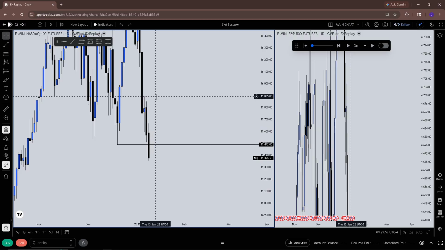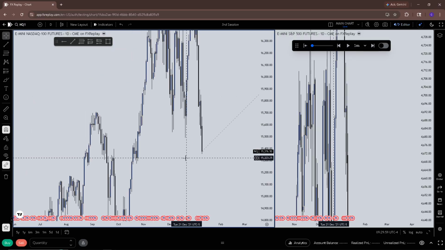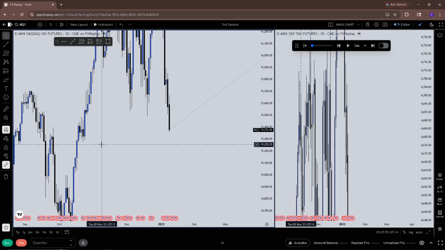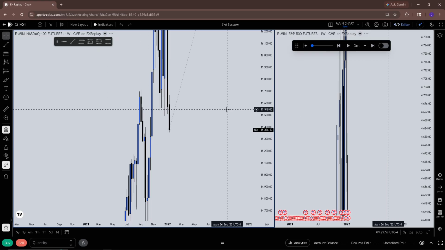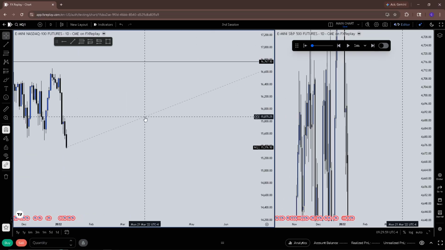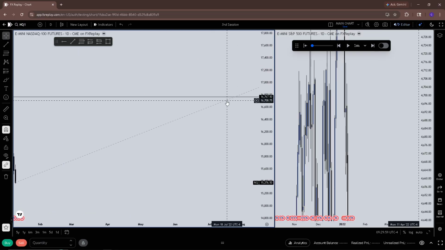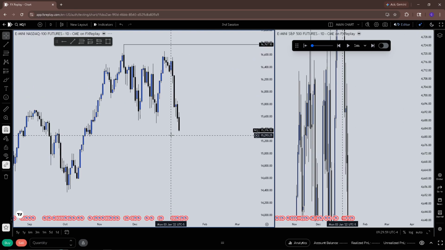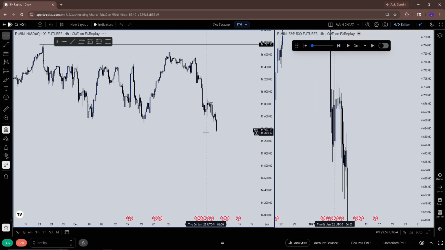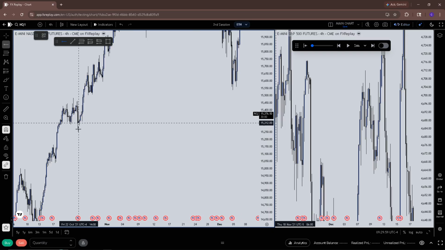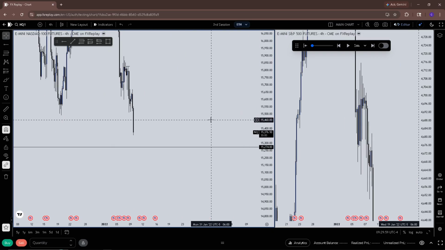Alright, we're going lower now. Could reject off of this daily fair value gap. But honestly, I think we kind of just continue bearish. What the hell? What is this? I kind of just think we continue bearish. These lows look nice.